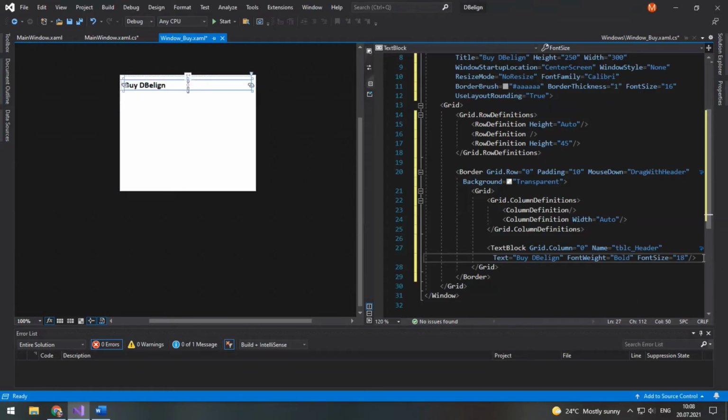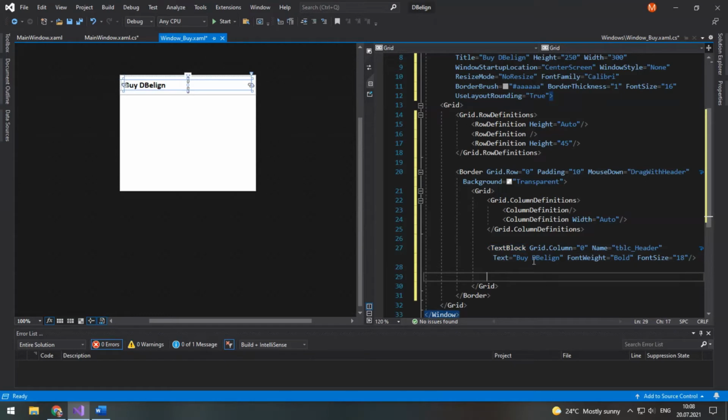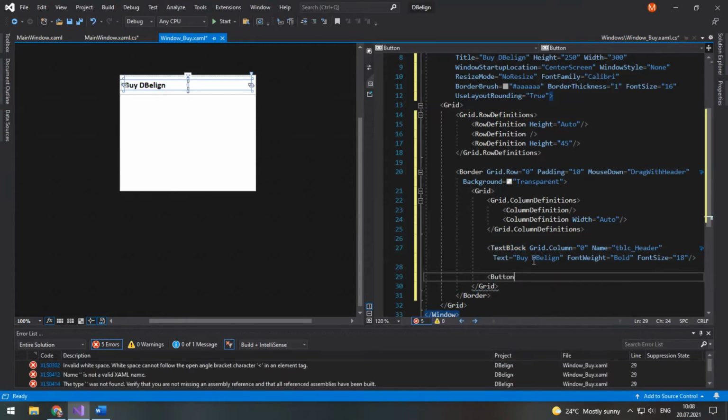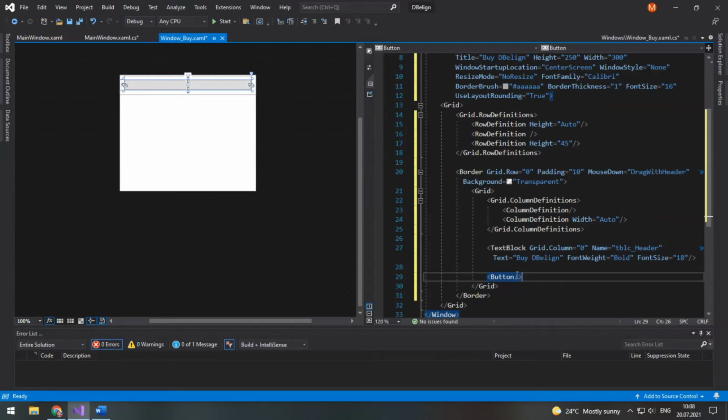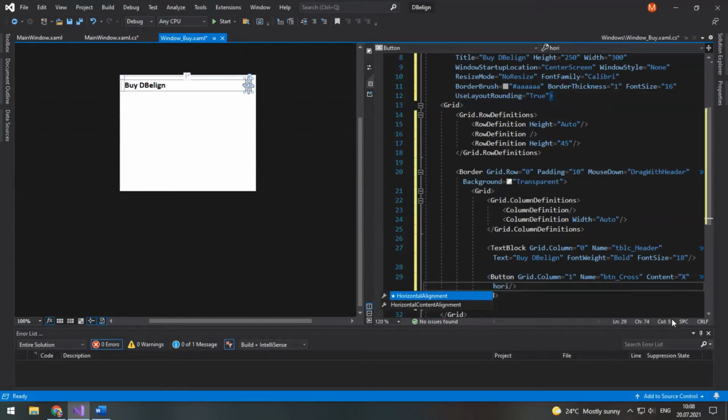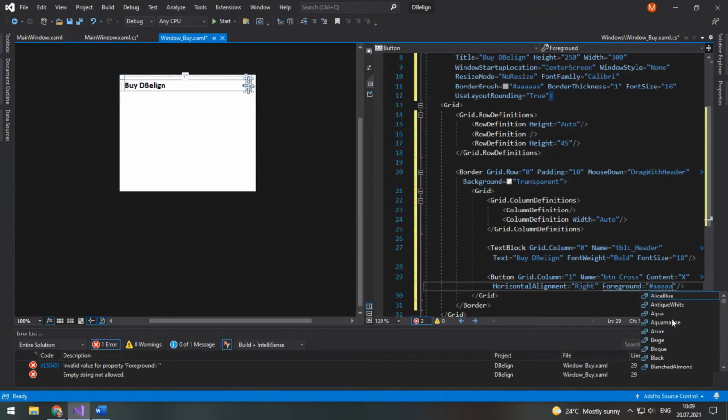Okay, and in the second column we will have a button. So button in grid column 1, its name will be button underscore cross. Its content will be just letter X. Let's set its horizontal alignment to right. The foreground hash AAA.